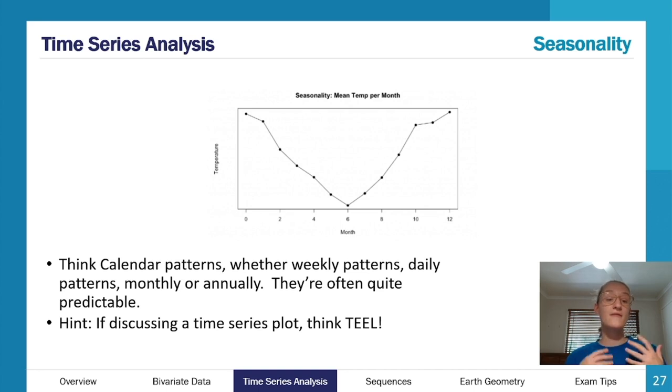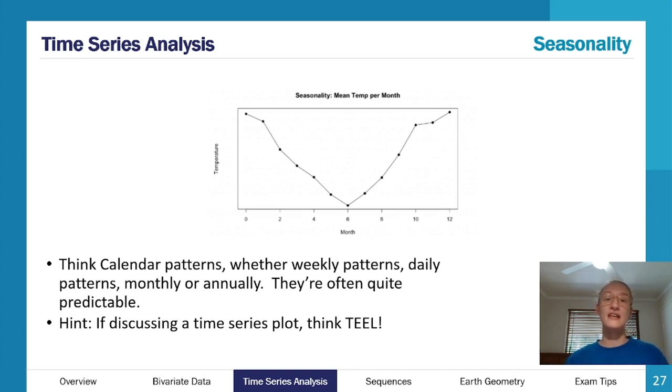And again, if we're discussing a time series plot, TEAL is actually a really good structure to come back to because T, we're thinking about our topic sentence. What is it that we're discussing? What have we noticed? E is evidence. Whenever you're giving a bit of a paragraph answer describing what you're seeing,